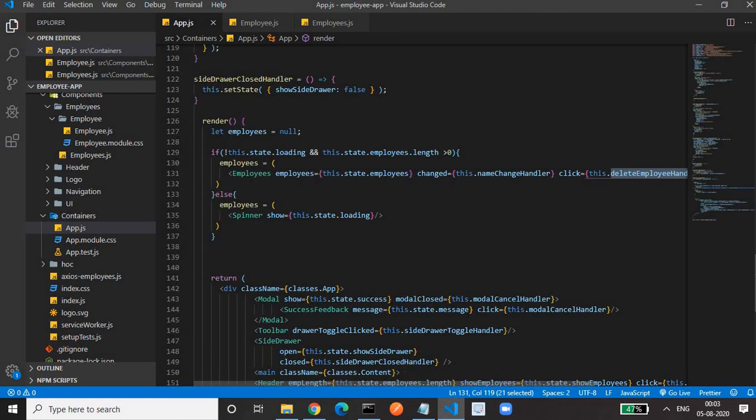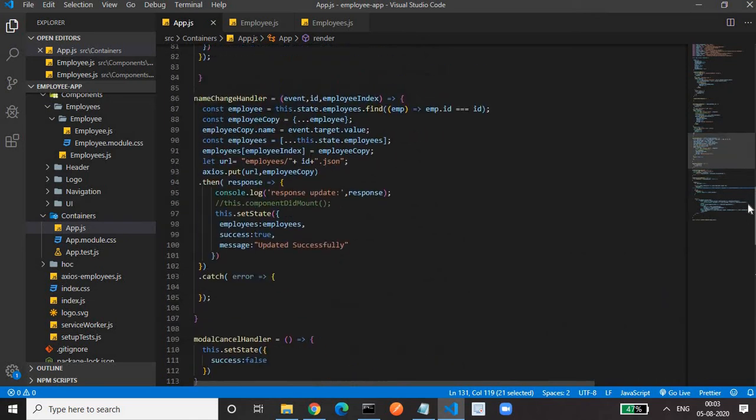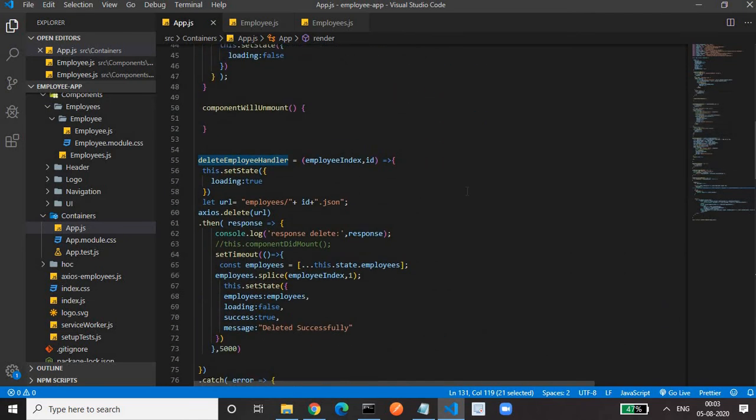We'll go to the delete employee handler function. Here, in the delete employee handler, same thing, you have to construct the URL. Whatever node you want to delete, we have to go to that node: employee1.json, employee2.json, employee3.json. Once you get the correct URL, then we have to call axios.delete for deleting. Then we have to provide the URL. So we have already provided it, we have gone to that node, so it will delete that corresponding node.